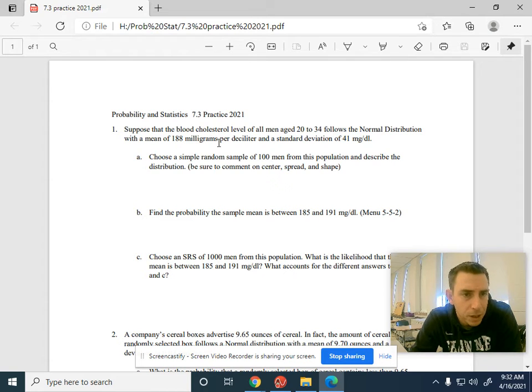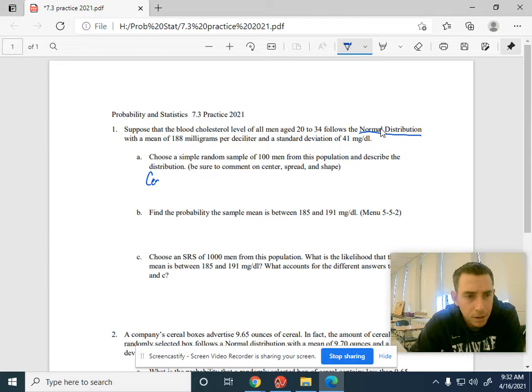Suppose that the blood cholesterol level of all men between these ages is normal. The fact that it's normal is important for us. The problem is telling us that it's normal. We're given a mean, we're given a standard deviation. In a random sample, describe the distribution. Comment on center, shape, and spread. The center is real simple. It's just going to be whatever the mean is, whatever we were told. So it's 188